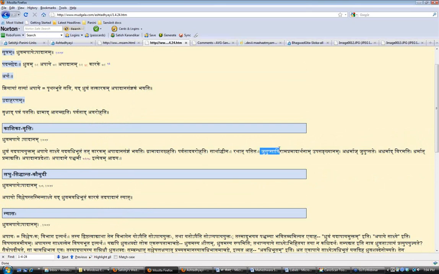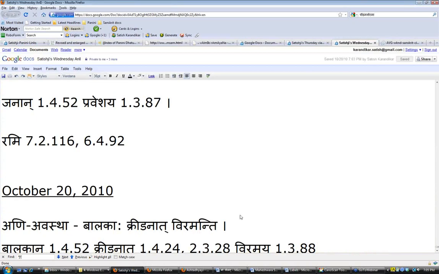It says, Jugupsa Virama Pramadarthanam Upasankhyanam. So when you have that from which you desist, that also will take the Panchami. So let's put this Vartikam on here: Jugupsa Virama Pramadarthanam Upasankhyanam, Adharmat Jugupsate, Adharmat Viramati. So this is what we need to get the Panchami from the Kridanat.